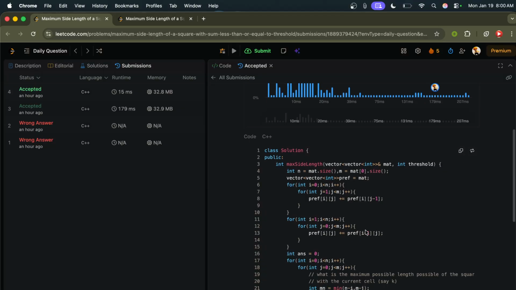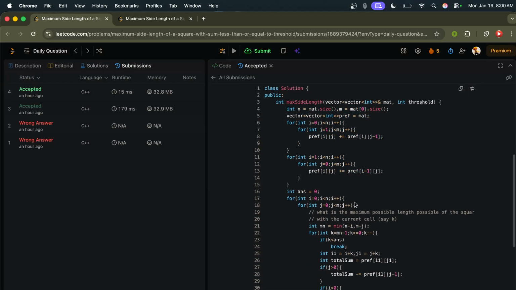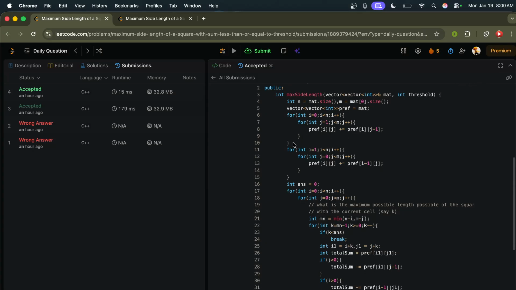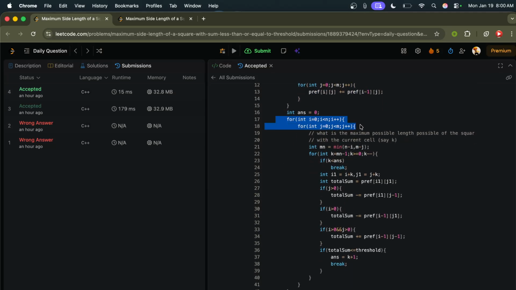Yeah. So basically, here I have calculated the prefix matrix. You can see that I've calculated all the row values, and after that I calculated the column values, which computes the prefix matrix which I told you. And after that I iterated for i, j, and checked what maximum